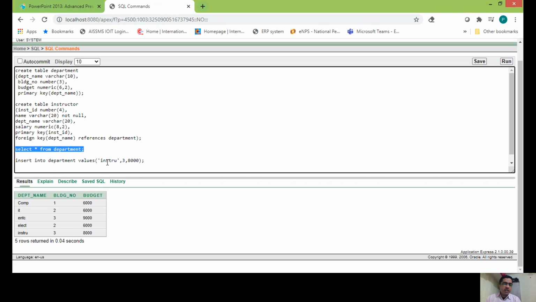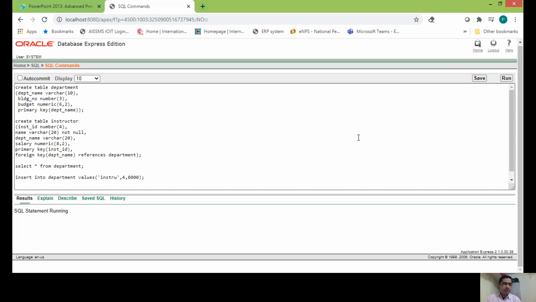Now once again if we try to insert the same department name, but in building number 4. As I told you, this department name is a primary key, so we cannot insert duplicate values. It should be unique. So if I still try to run this query, it will give me an error message.